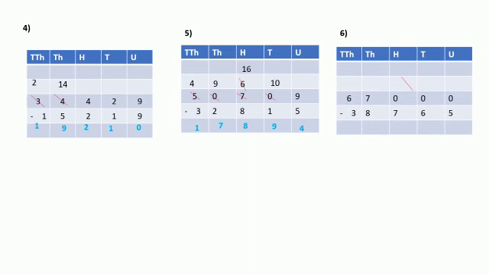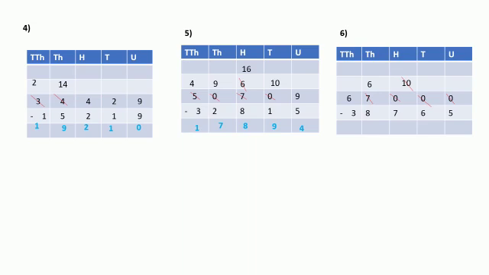Sixth one, 0 minus 5. Subtraction is not possible, so in this case we are going to borrow it from tens place. In tens place also, my dear students, the number is 0. Again we are going to borrow it from hundreds place. Since hundreds place also the number is 0, again we are going to borrow it from thousands place. And thousands place, since the number is 7, 7 will become 6.